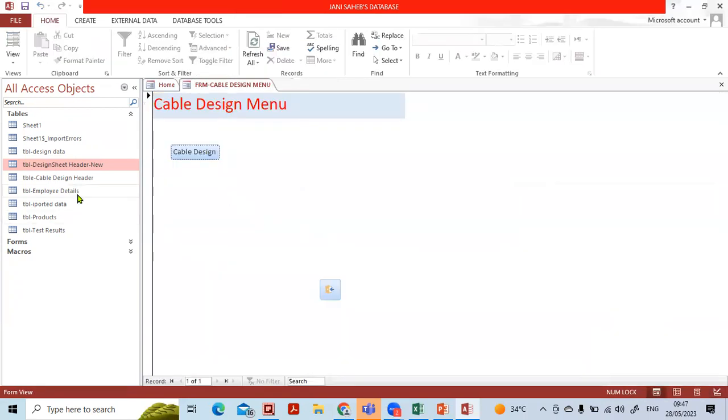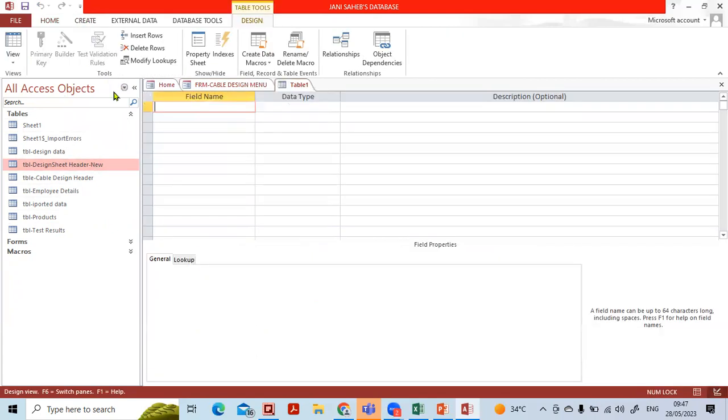Okay. Now we'll come to create a new design sheet, a new table. We already have one header, so we'll go to create again, table design. Now here, for every table, we said we need to have a primary key. Because the design sheet will repeat, we will simply say serial number